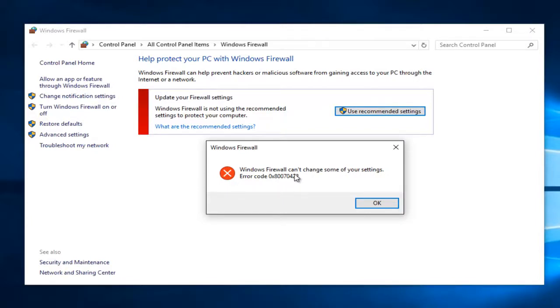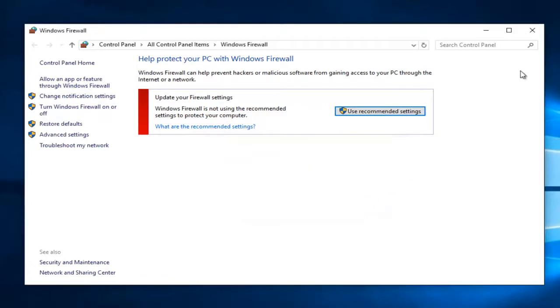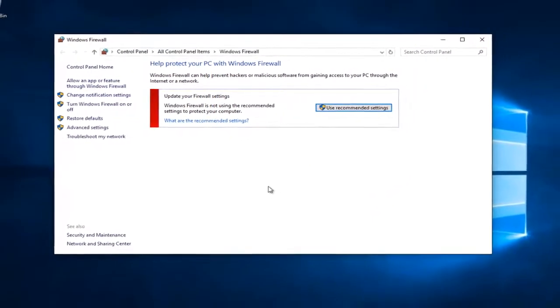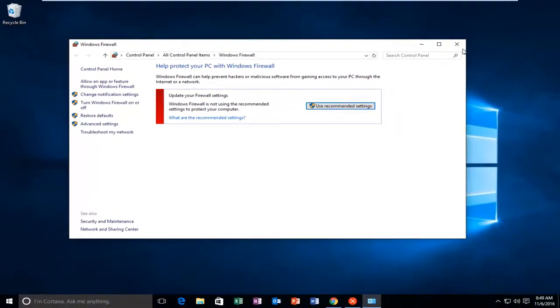0x800704222. I believe this error code's a little bit different than the one you might be getting in Windows 7 and maybe Windows 8. I think the last three numbers might be a little bit different. So we're going to just left click on OK. But the solution to this error would be the same for all three operating systems. So I'm just going to actually minimize our Windows Firewall window here because we're going to come back to this